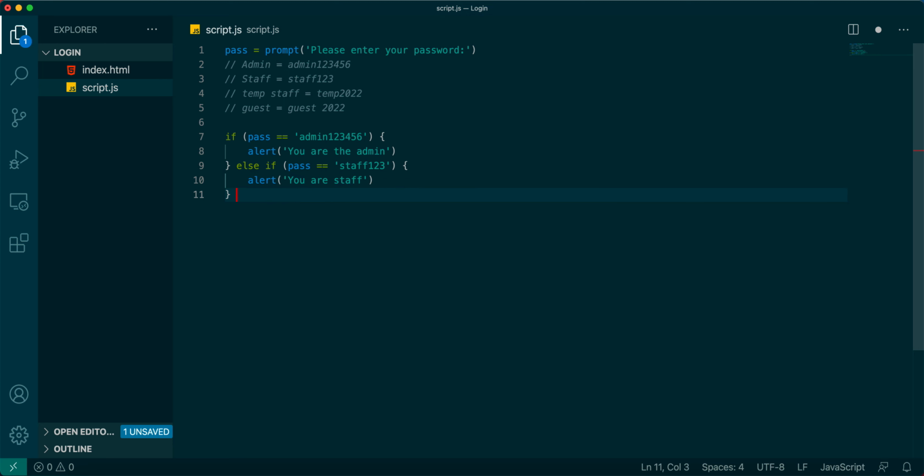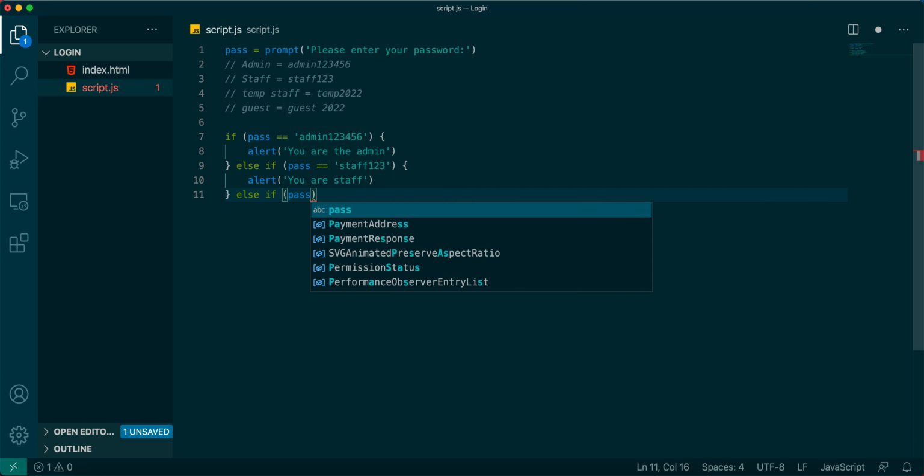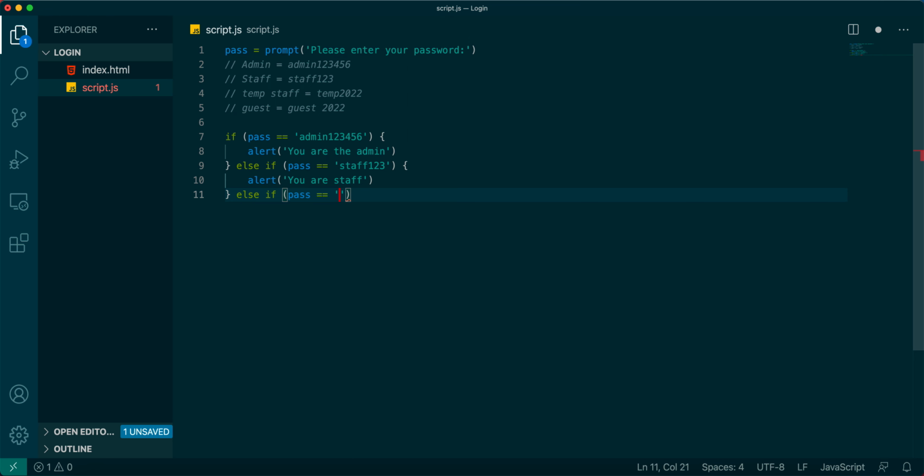Okay, and then else if, we're going to check if it's temp staff. So if the password is equal to temp2022, then we're going to alert